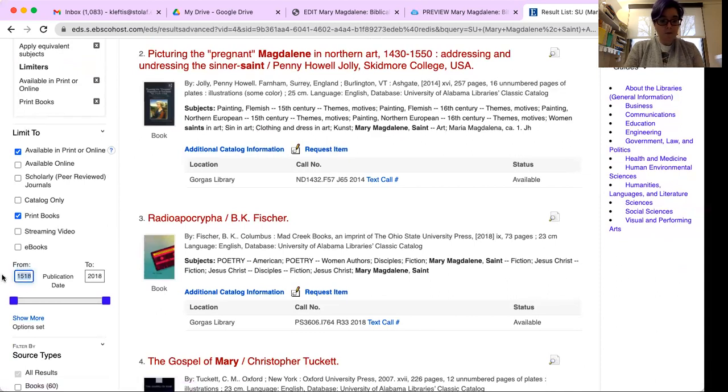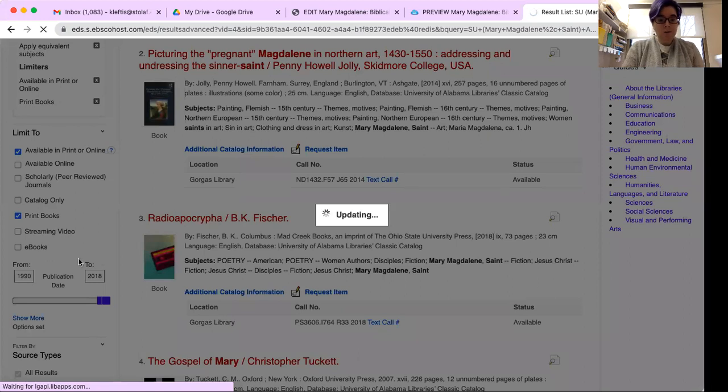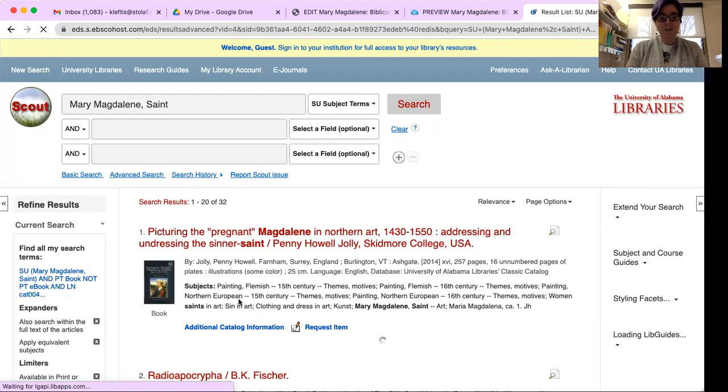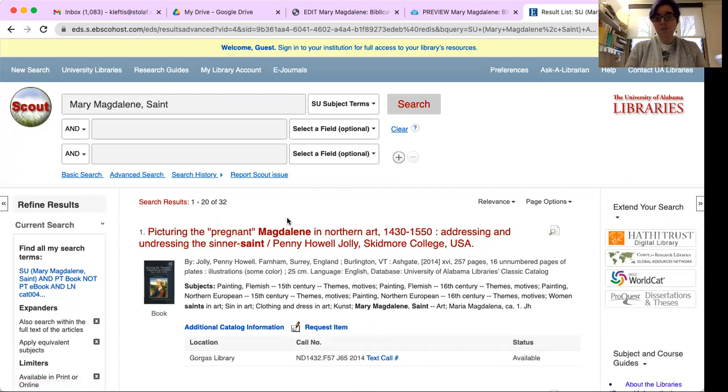And we're going to narrow the publication date to 1990 to 2018. So it's at least within the past, say, 30 odd years. This narrowed it down quite a bit to just 32 titles. And you can continue to narrow and refine your search as you see fit. But as you can see, even the first of 32 sources that this search pulled up is this book, Picturing the Pregnant Magdalene in Northern Art,